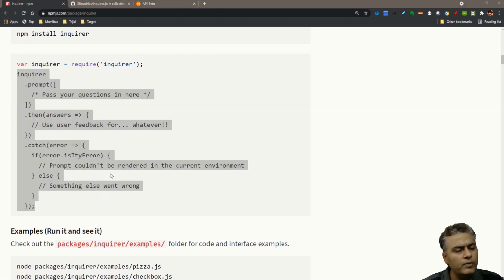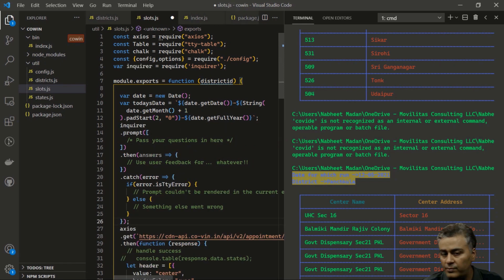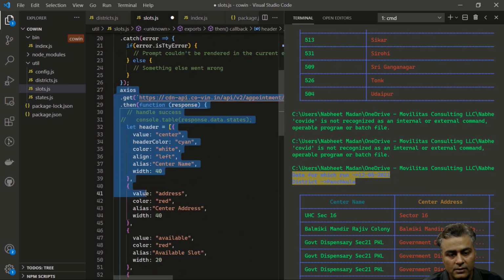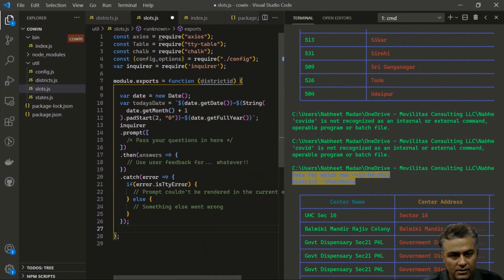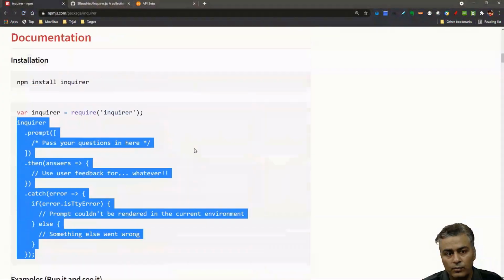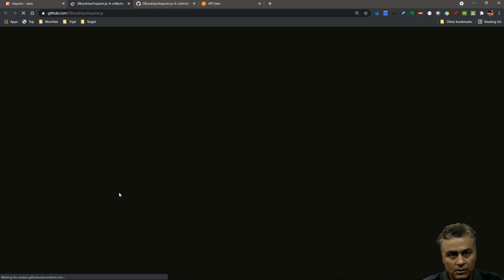And then we need to ask questions, right? So when do we want to ask this question? Basically before making our API call. So that's where I say inquirer prompt. But how do we pass the question? We'll see that. But before that, let's first move everything, the Axios part, which is our API call, inside this call. When this promise resolves, then I want to call this Axios one, right? How do we define our questions? Let's go back to this repository,